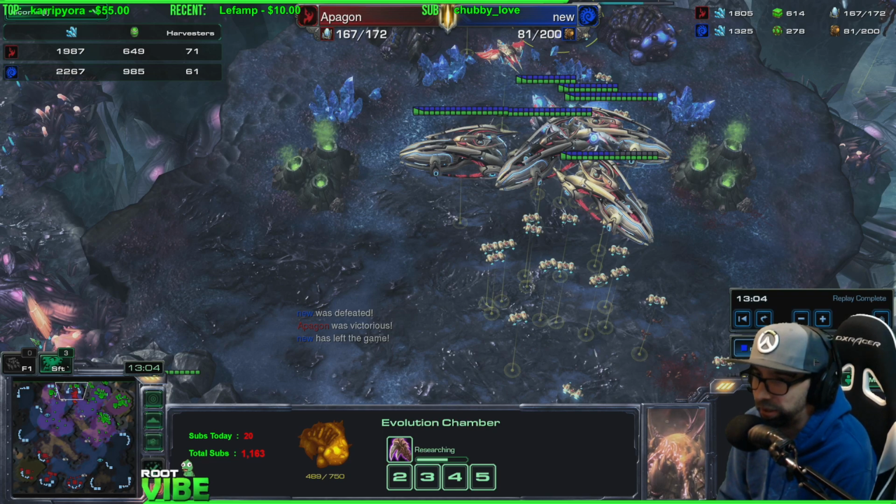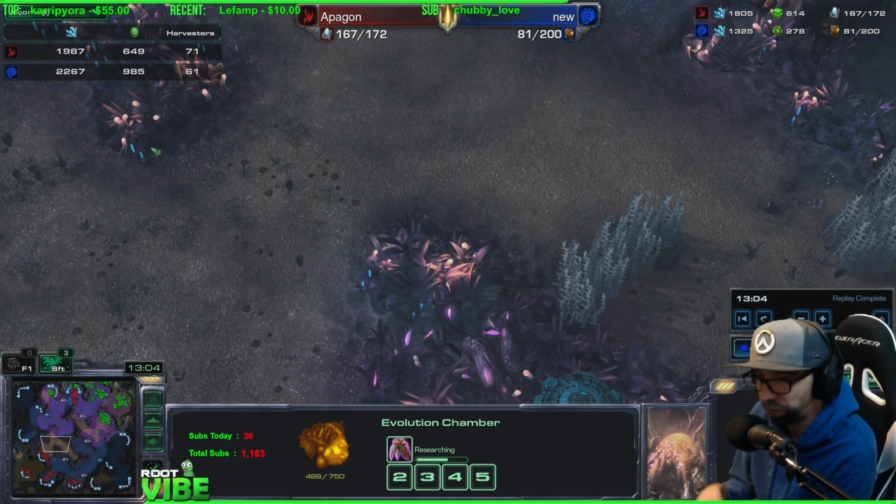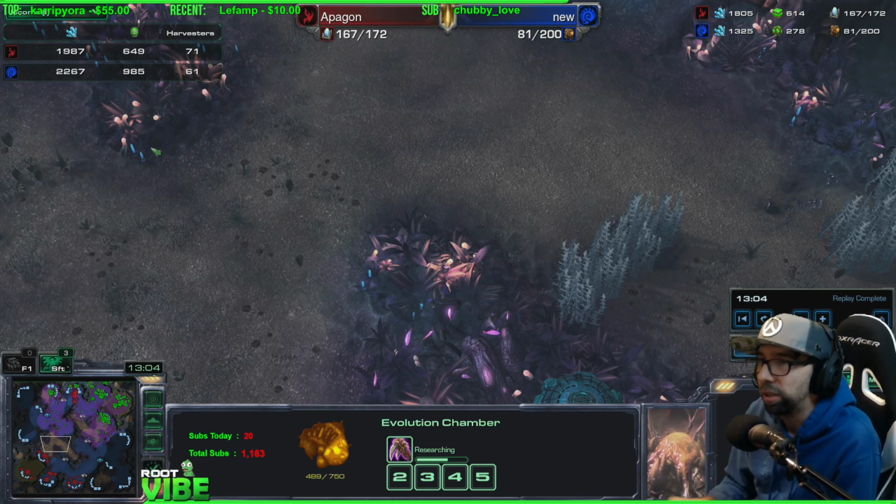And yeah, you would have been much better off, dude, if you would have just gone for mass Hydras and just did, again, Corruptors focus fire the voids, focus fire the carriers. Hydras kill the interceptors. Stutter step backwards, kill the interceptors, and basically